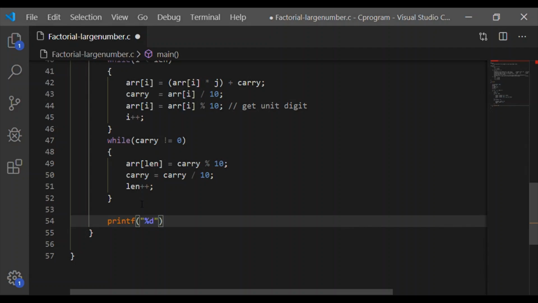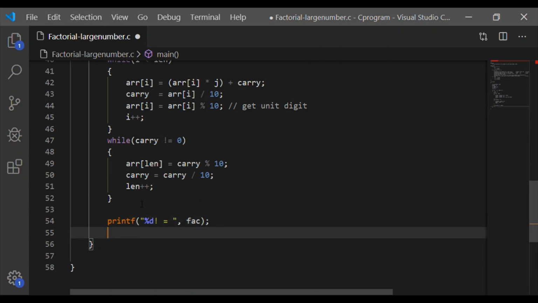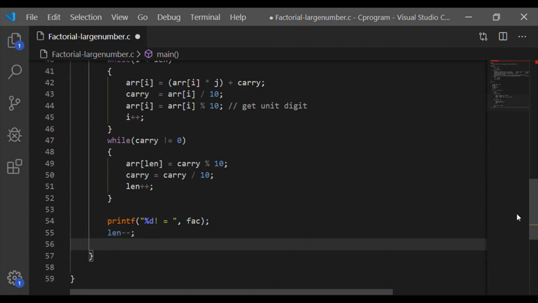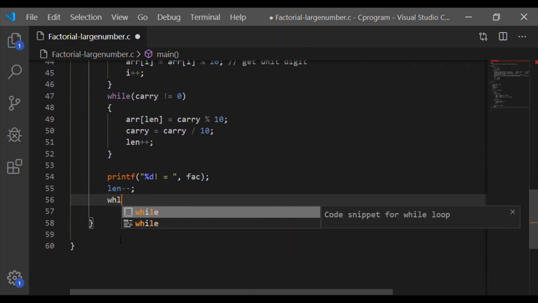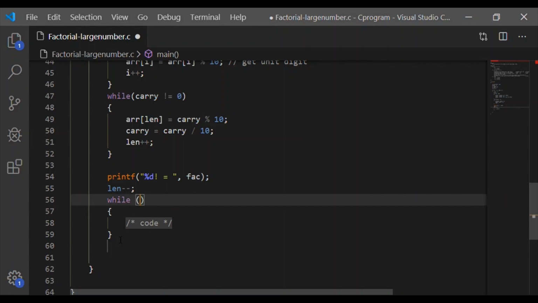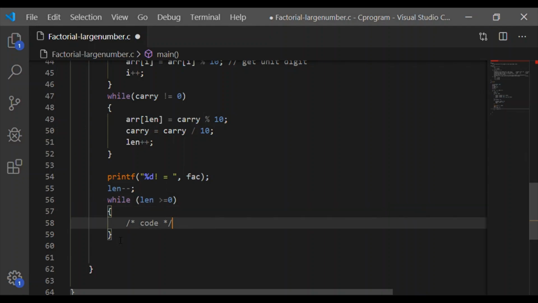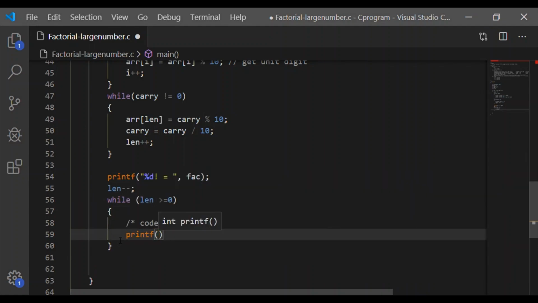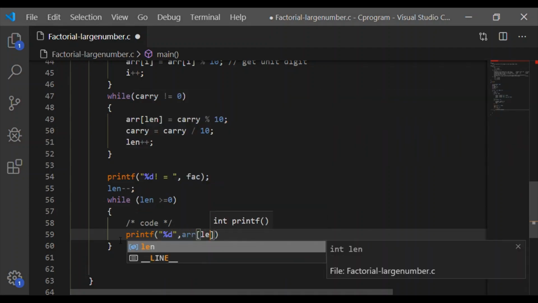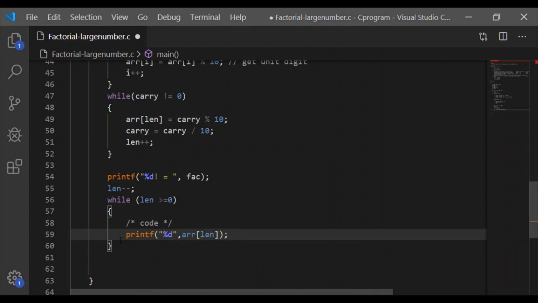So within the for loop, we have completed our 6 steps of multiplying the factorial values to the digits in the array. Once again, to recollect, each array element will hold only 1 digit. It will not hold up to its maximum size, but it will hold only 1 digit, which will be from 0 to 9.